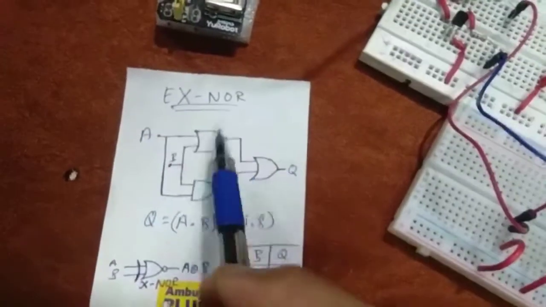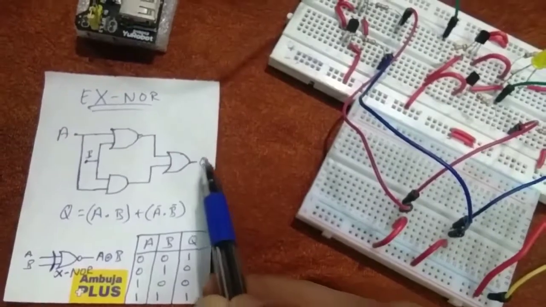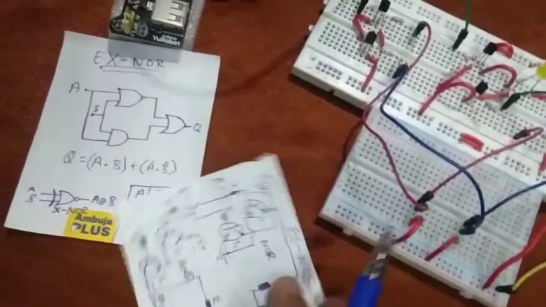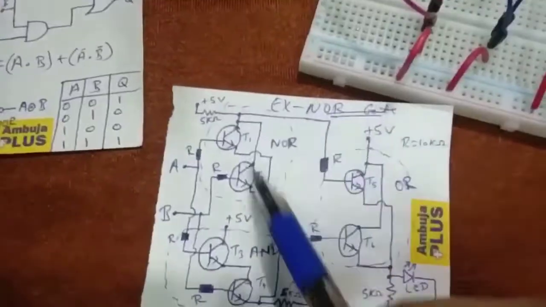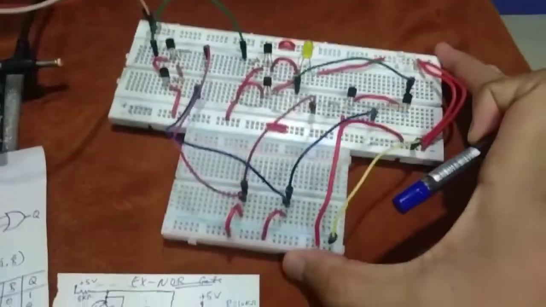Now we will see how we will build this whole logic in this circuit, so that when we have these two inputs, the output Q is according to this truth table for each of these 4 cases. Let's see the circuit diagram for the XNOR gate. Here you can see a circuit diagram which I have made using 6 transistors to build an XNOR gate. The same whole circuit which I have made in the circuit diagram is here on the breadboard. I will explain this, and we will see the practical working here.